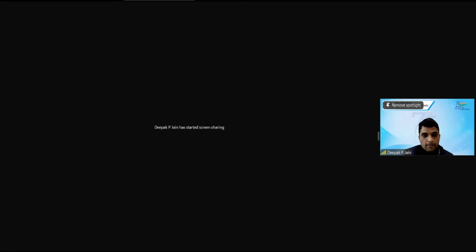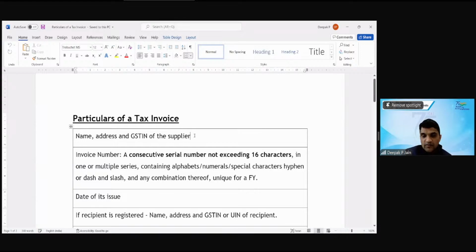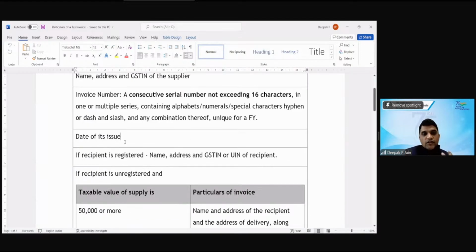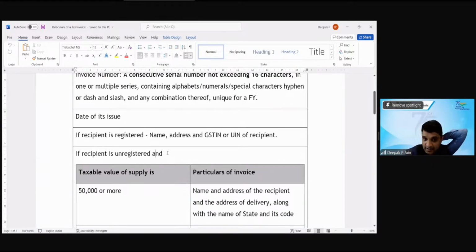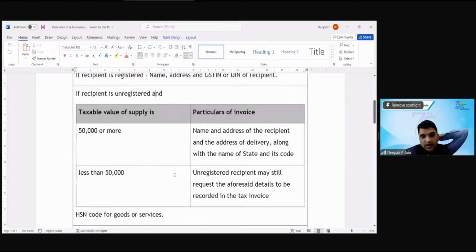ये हैं पर्टिकुलर्स ऑफ अ टैक्स इनवॉइस, कि ये कंटेंट्स रहने चाहिए। Name, address, and GSTN of the supplier, invoice number, it should be continuous numbering, date of issue. If recipient is registered, then name, address, and GSTN or UIN of the recipient. Okay, and if recipient is unregistered, तो फिर अगर आपका वैल्यू मोर देन 50,000 है, name and address, less than 50,000 है,